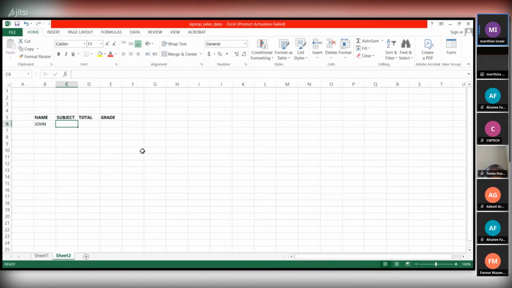So I can call this John and call the subject what? Math. I can call this math. And I can say the total score, let's say 10. Then now our grade is going to have what? The function. So now to use the if function, pay attention, we say equal to if,